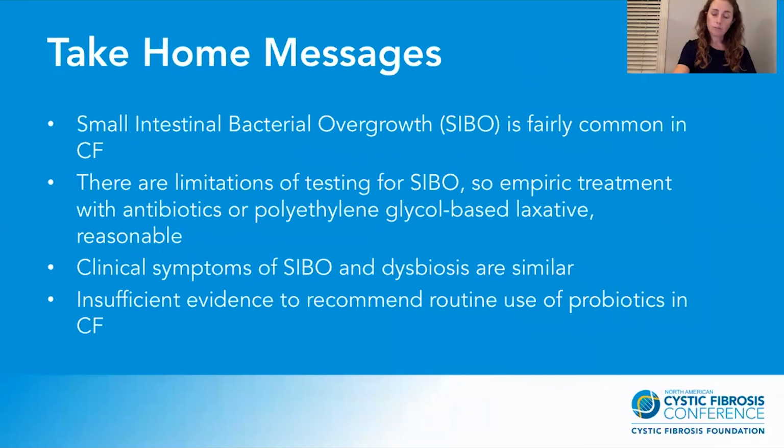So with all of this information, I wanted to stress a few take-home messages. First, please remember that small intestinal bacterial overgrowth is fairly common in cystic fibrosis. There are limitations of testing for SIBO, so empiric treatment with antibiotics or PEG-based laxative is reasonable. Clinical symptoms of SIBO and dysbiosis are similar, and there is currently insufficient evidence to recommend routine use of probiotics